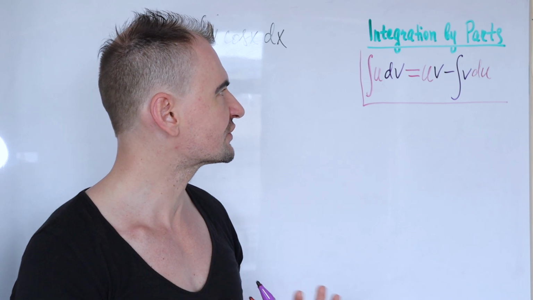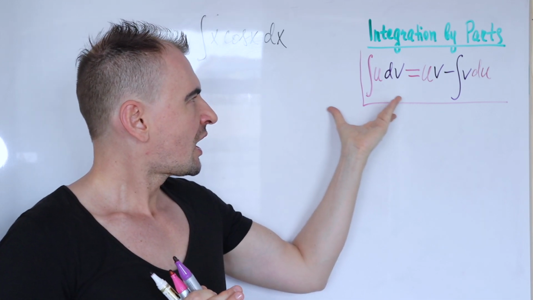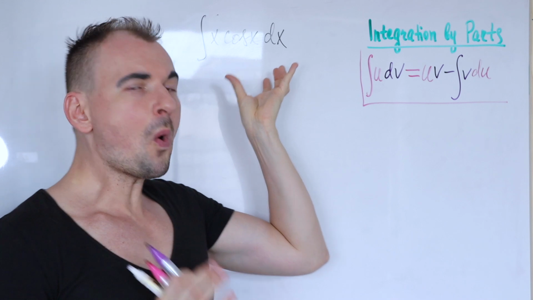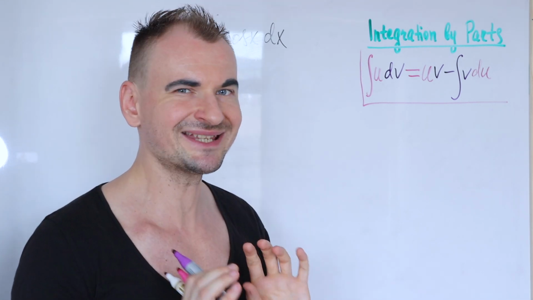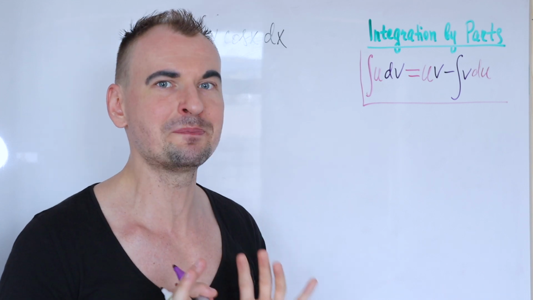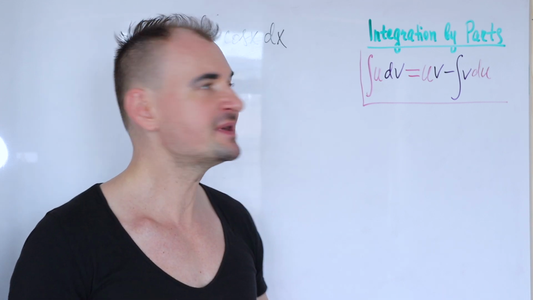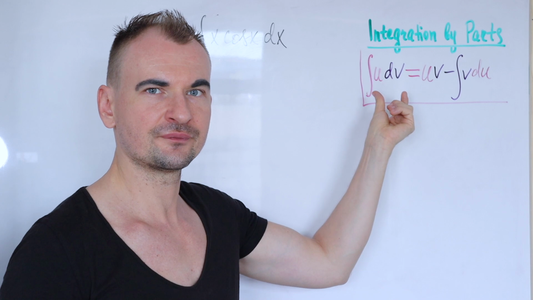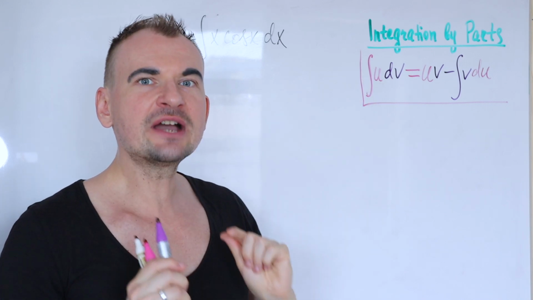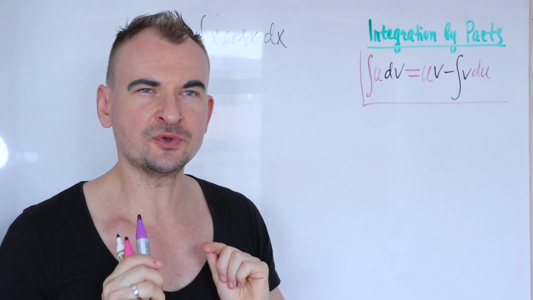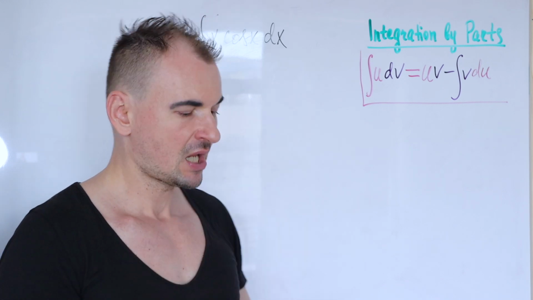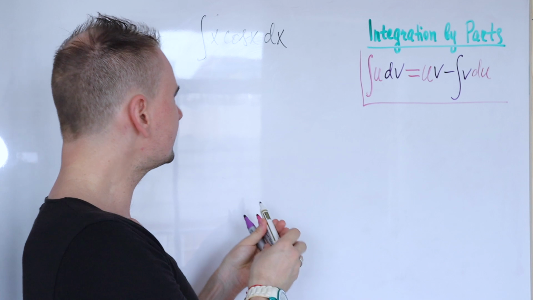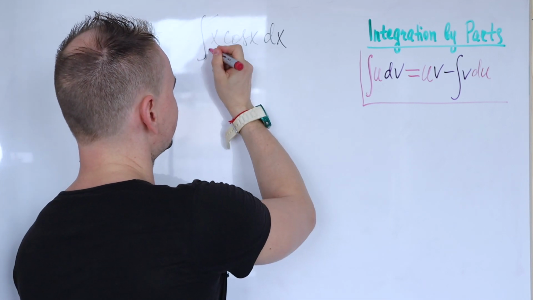The point is, your original integral has to be broken down into two parts, two pieces. The first piece is your u, and you have to come up with the u. You have to pick, you have to select your u. So for that one, your u is going to be x, and